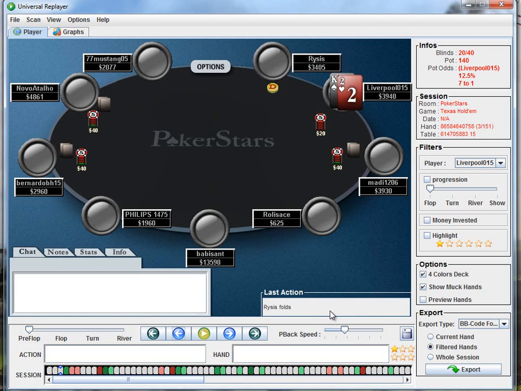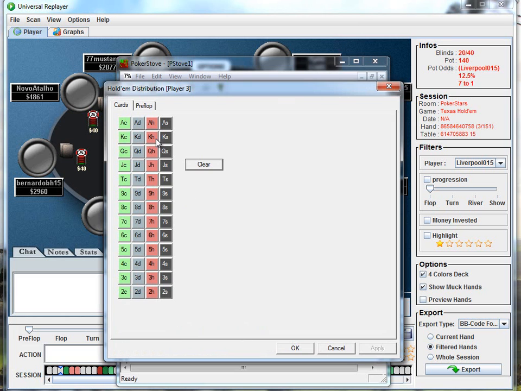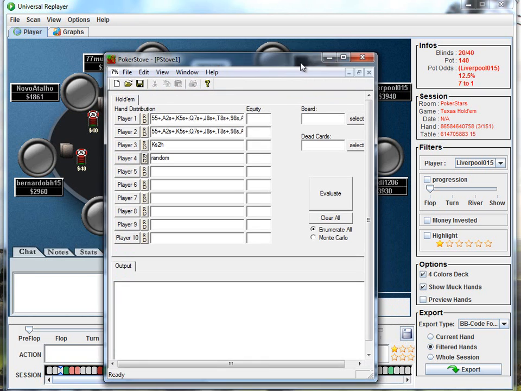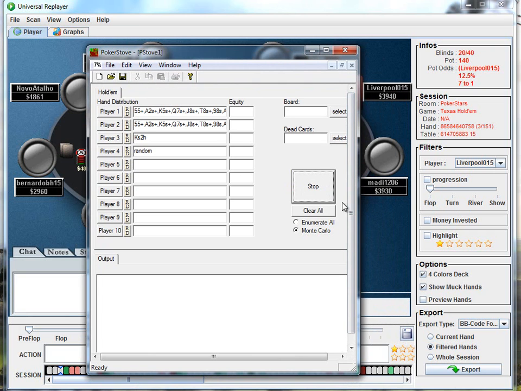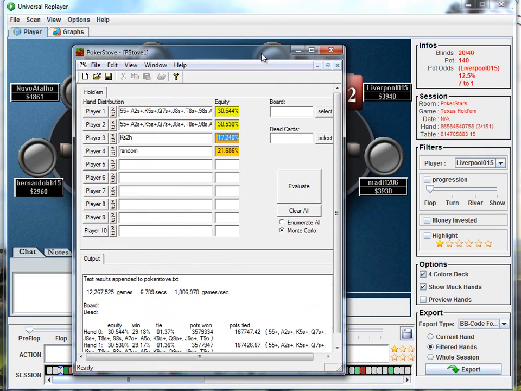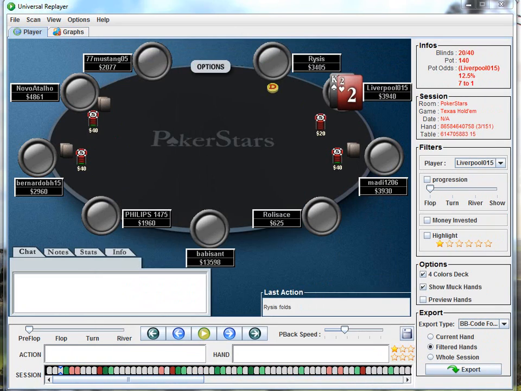King of Spades, Two of Hearts in here, and we'll give the big blind a random hand. Then if we click on Monte Carlo and evaluate, we can see that we're getting roughly 17% equity against that sort of range. And we need 12.5%. So you can see that it's kind of marginal there, but because it's early on and it's a rebuy period and we're 100 big blinds deep, I think it's definitely worth just calling to